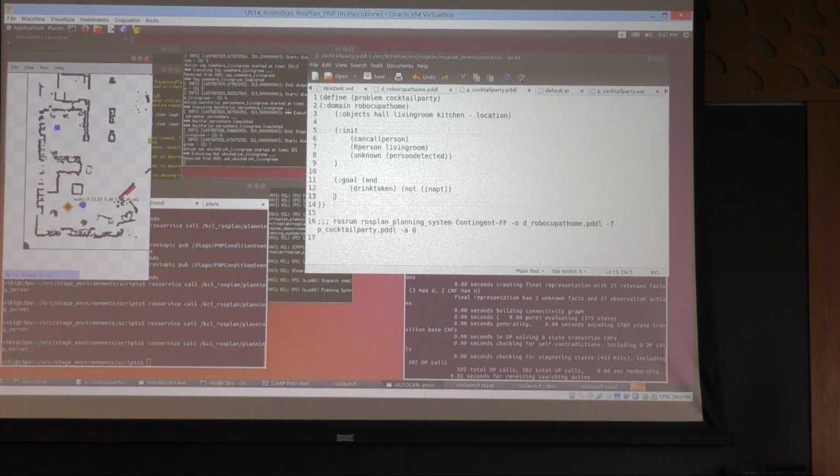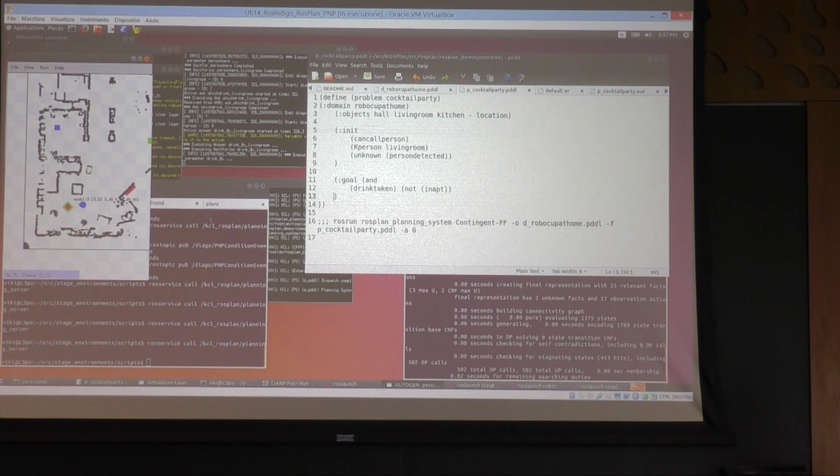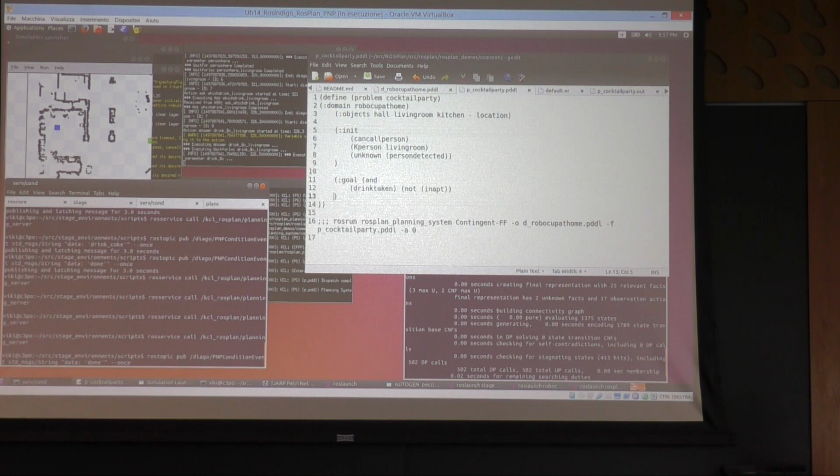There is a simulated laser that detects an obstacle in front of the robot. And now the robot is asking, which drink do you want? In order to specify which drink we want, of course, on a real robot, we have some interface like speech or a touch screen. Here, we just send a condition through a ROS topic.